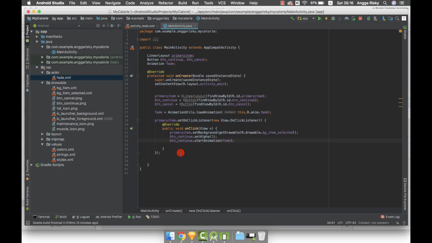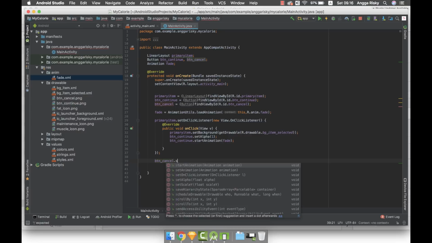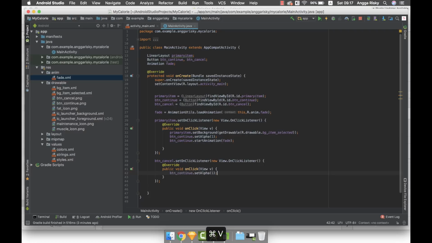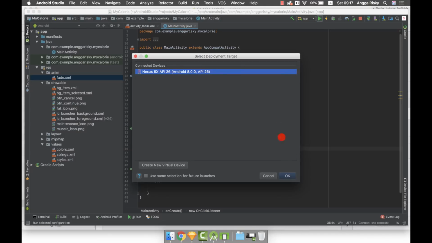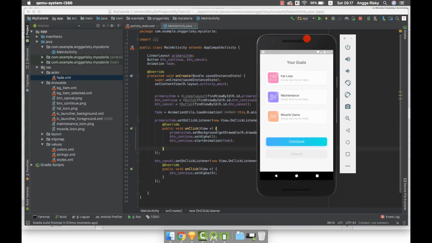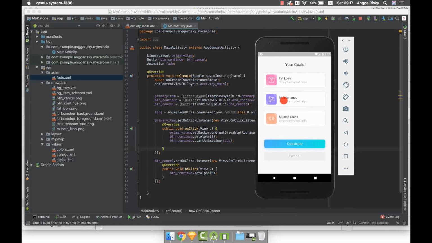Okay, and then we have the button cancel. So whenever I click this, we create a new event, set on click listener here, and here it has to be button continue, set alpha to 0. Okay, nice. Now let's try to run on the emulator. Okay, so basically it's not working perfectly. So whenever you select the item,